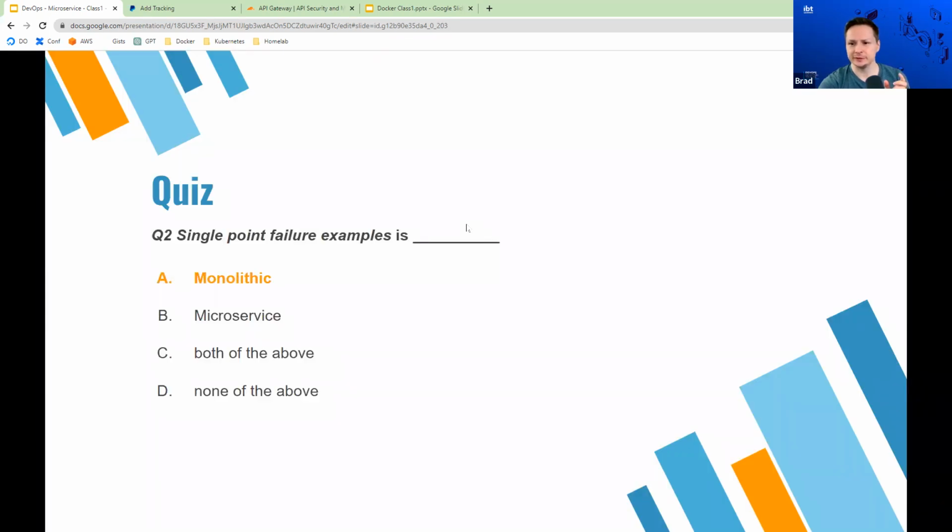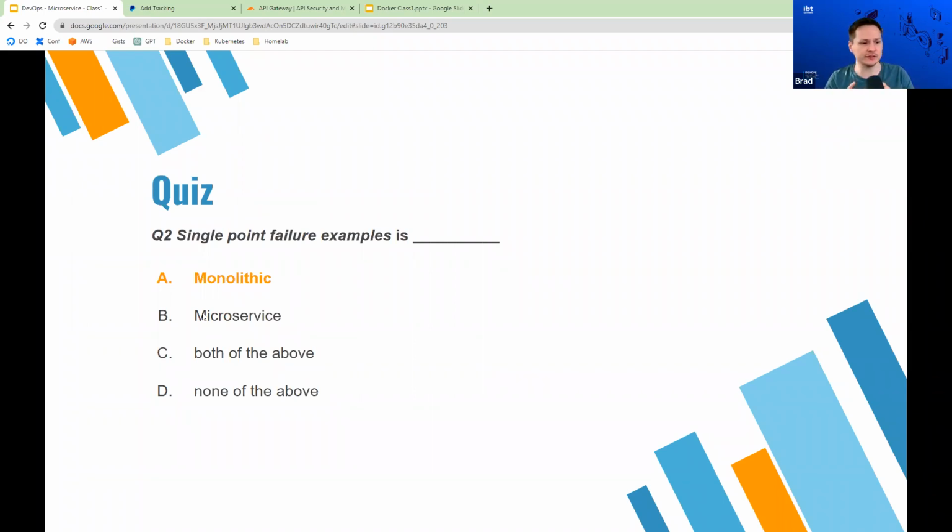Microservices, sorry, let's go back. Microservices can have a single point of failure, but for the most part, they are compartmentalized. Monoliths are for sure a single point of failure, right? If any part of the monolithic application stops working, the whole application crashes.